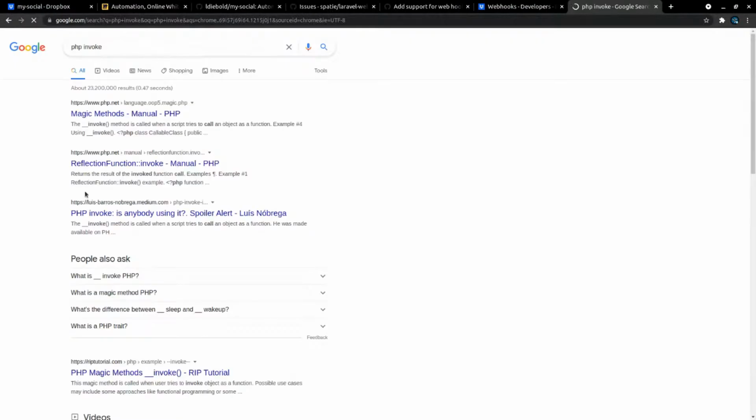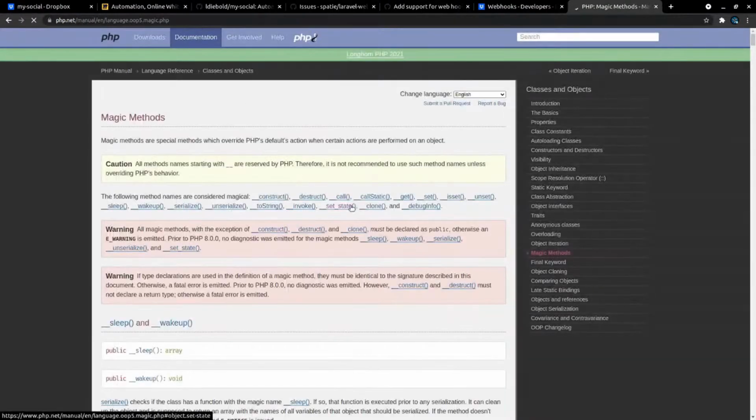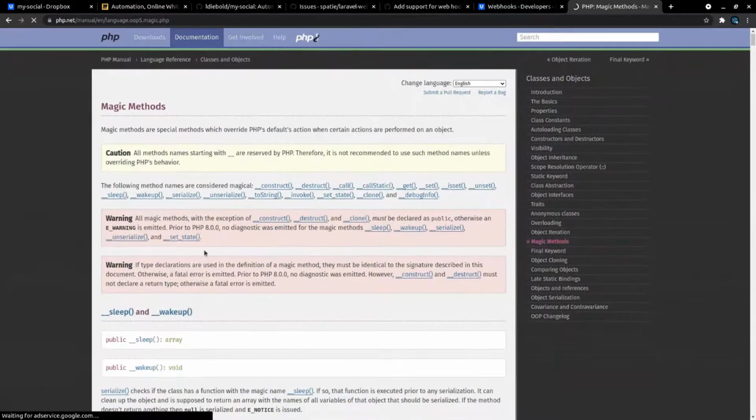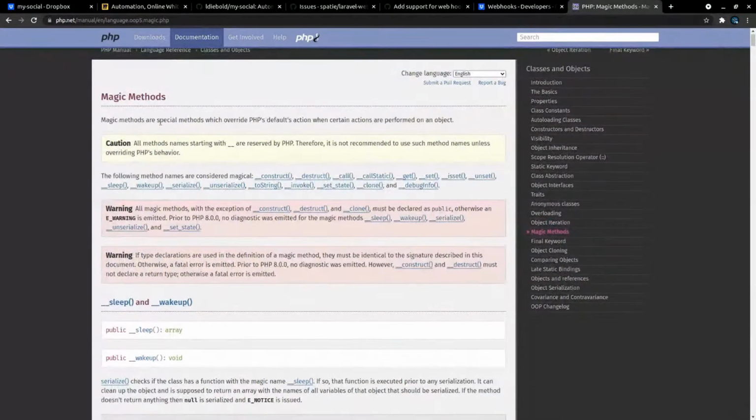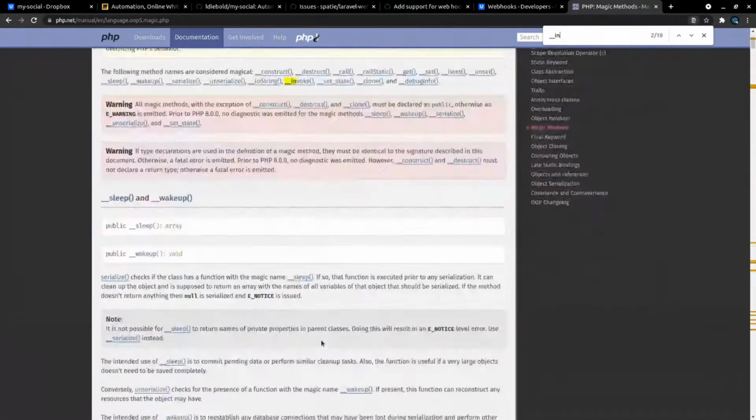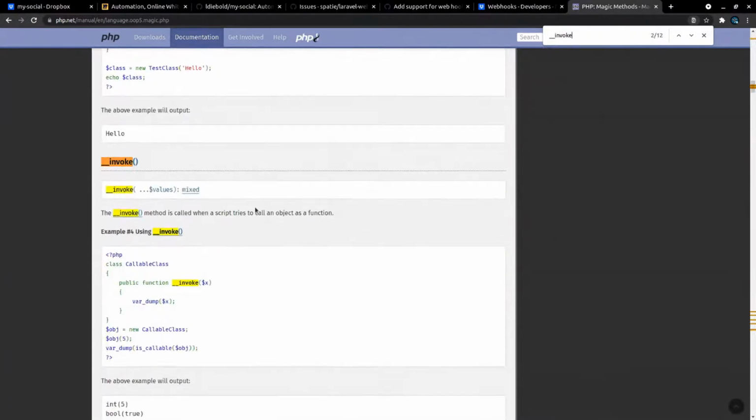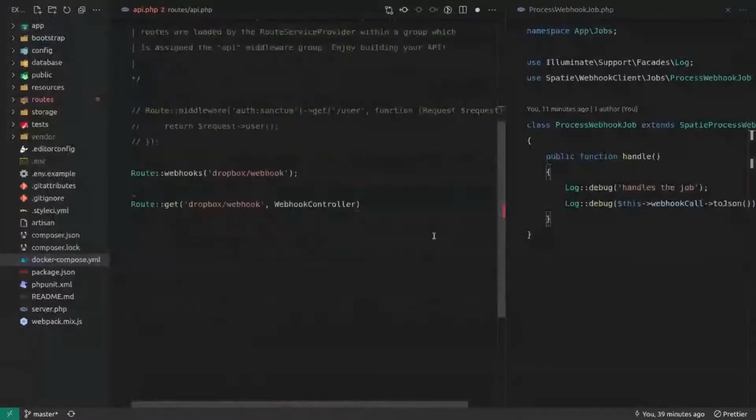So what is this PHP invoke? When a script tries to call an object as a function. Okay. Maybe this will just work then.